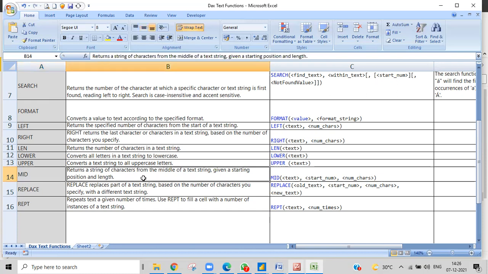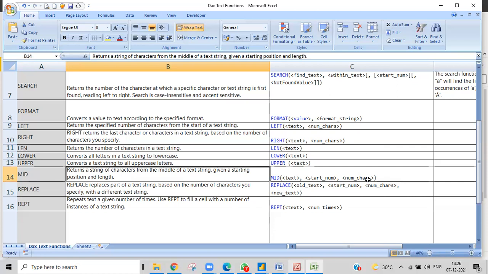Try to understand. Mid returns a string of characters from the middle of a text string. Let us suppose I have a big string and I want a part of that string, then you'll use mid. It takes not exactly the middle part, but some part from the existing text. This is the main text, and if you want to get text from the third character, and the number of characters after that is, say, 7.